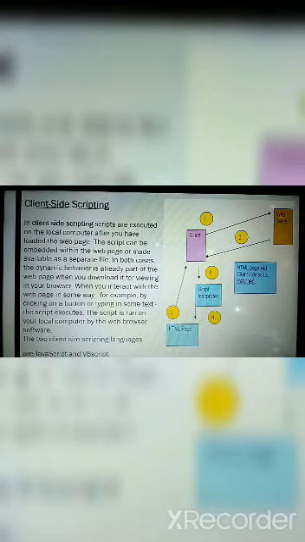In client-side scripting, whatever data we pass on as a client with the help of our PC and web browser, all the work is done at the client end. Nothing is done at the server end. We can see in the diagram that the client is the first point and the web server is the second point. When the client sends the request, the web server responds back to the client, and further the third, fourth, and fifth points are done at the client end, that is, in the web browser. So all the work here is done at the client end, and nothing is done in the web server part.